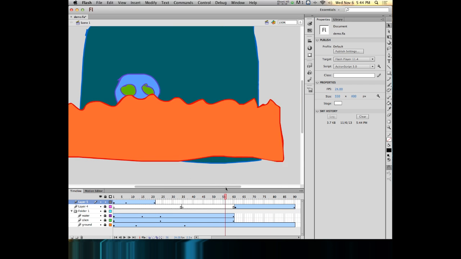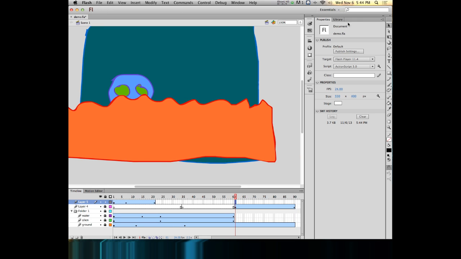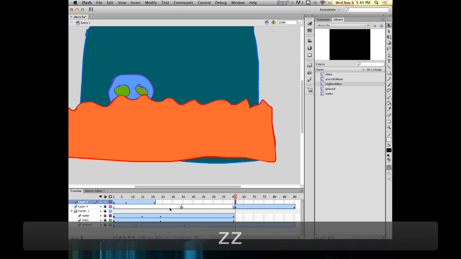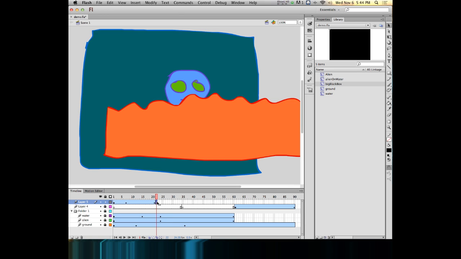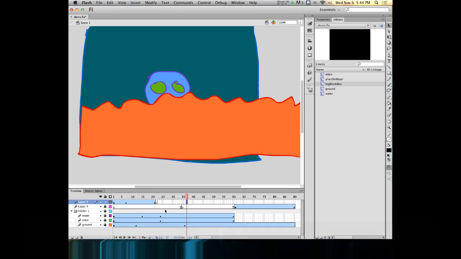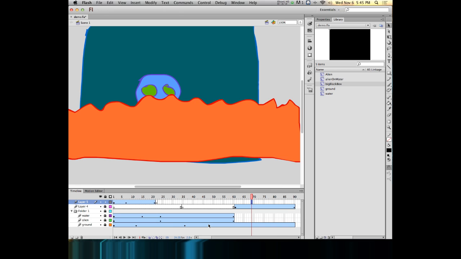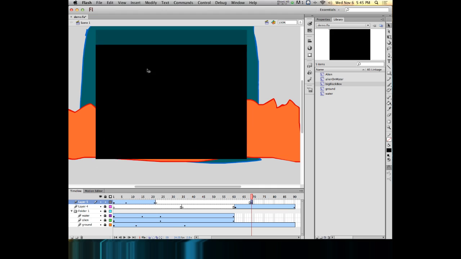Now if we want to fade black back to black, that's something I could very easily do. Right here, if I want to end this so it's gone, so I have emptiness in my timeline, because maybe I'm going to go for 200, 300, 400 frames, we hit F7. That inserts an empty keyframe. Now if I want to fade back to black, I can hit F7 again right here, drag out a copy of my big black box,